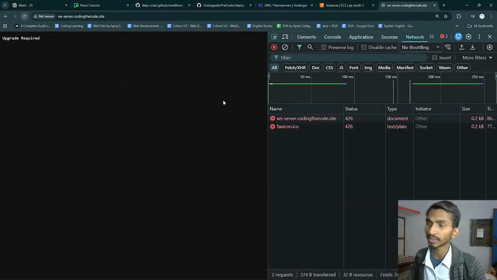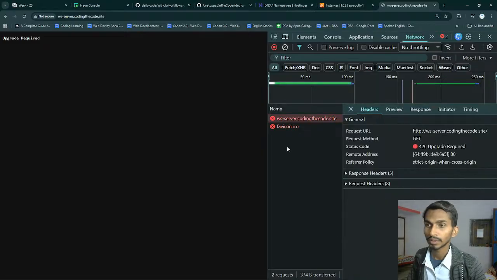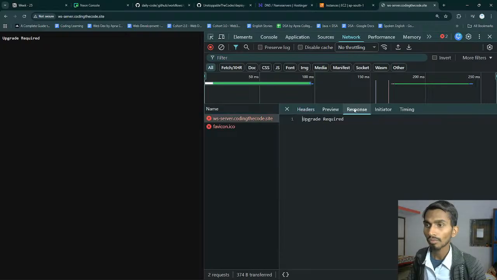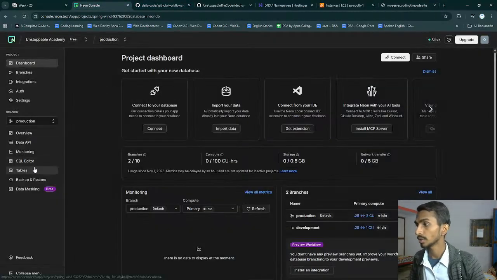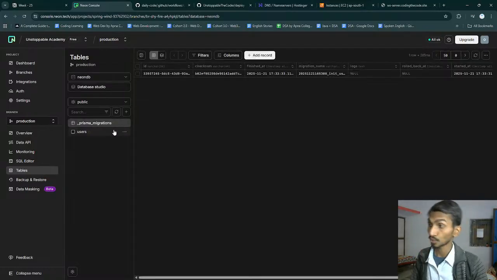Right now, because I'm sending the message, let's see. Upgrade required. WS message is unable to connect. Why is that so? Let's check whether it actually works or not. This is the production one, so let's go to production. We are already in. We have to manually check whether the request goes there or not.